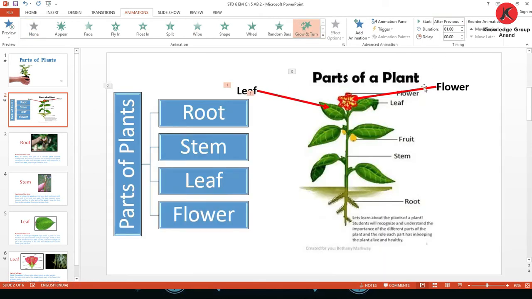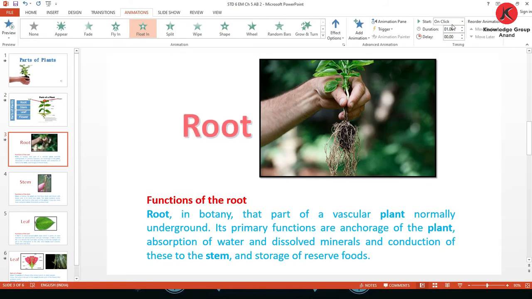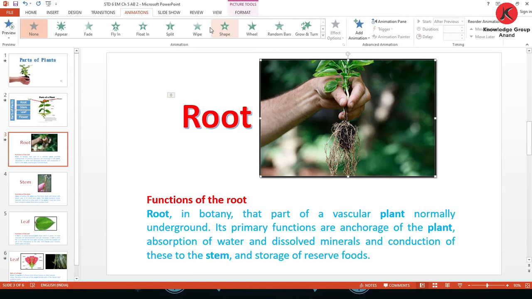Again after previous, and then select both, then shape like this and both should be after previous. Done.